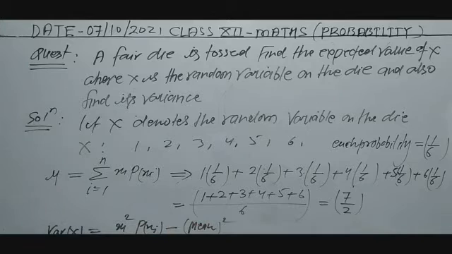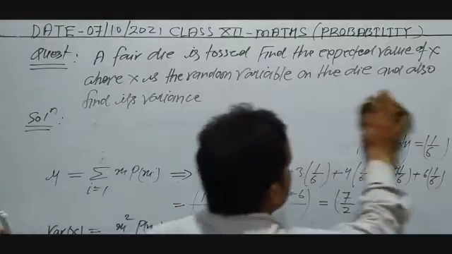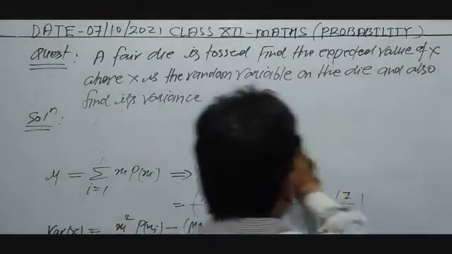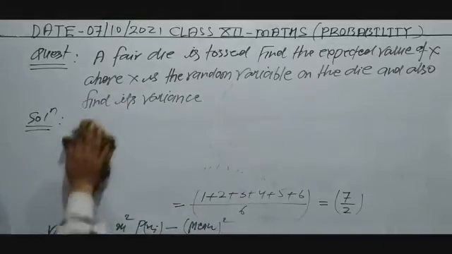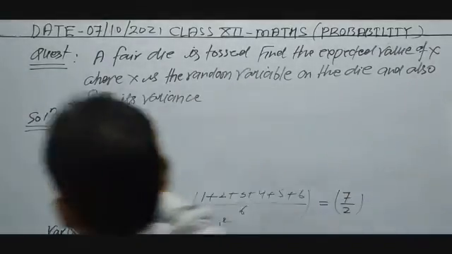You know, this is the formula. See, I am writing above. Note it, mean is 7 by 2. So, in case of variance of x,